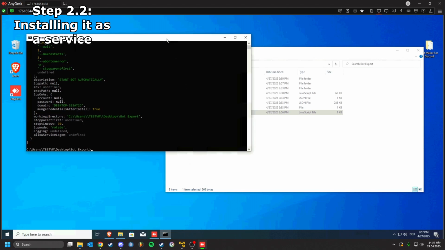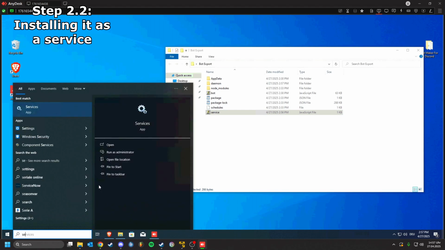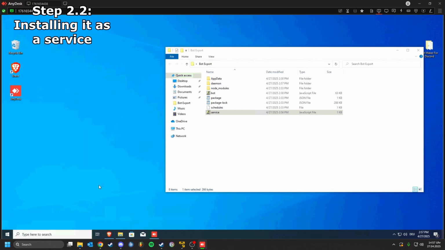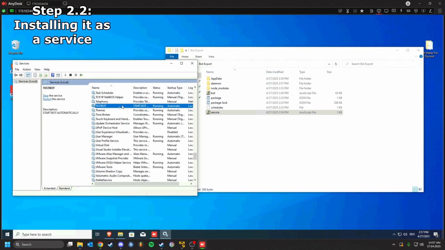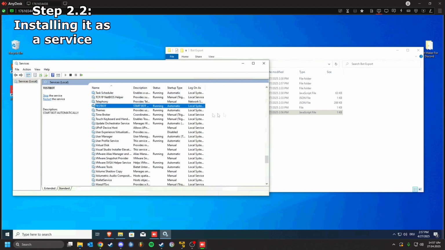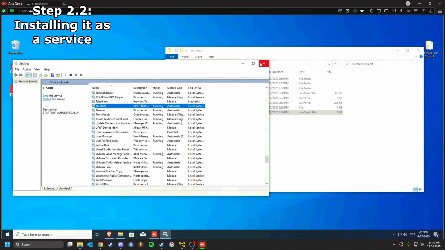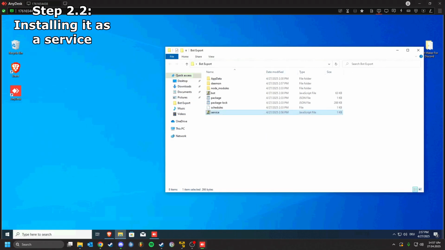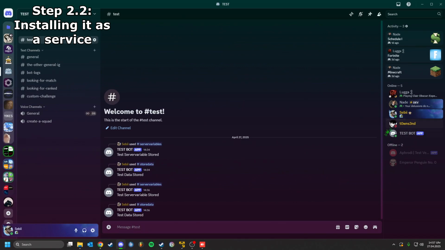We can verify that the service has been installed by going into the Services application on your Windows machine. You will see that your Discord bot is online and the service has been installed correctly.